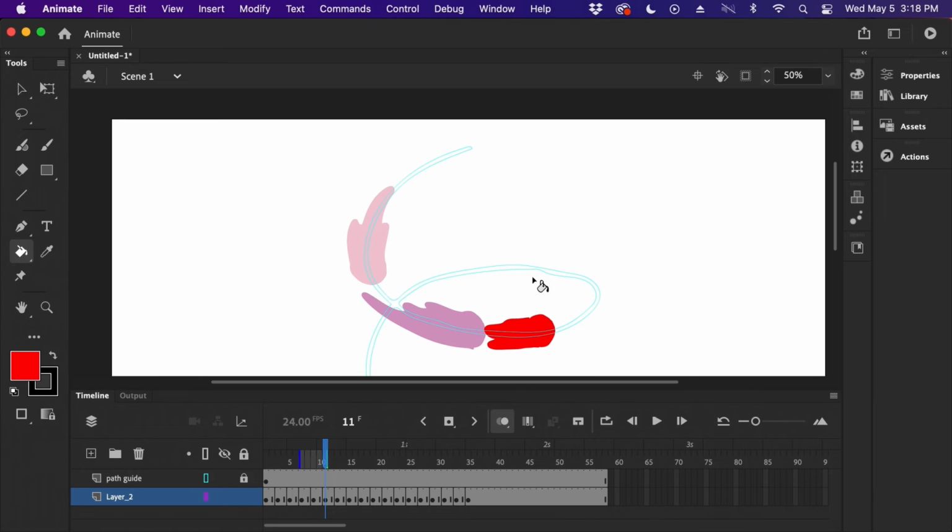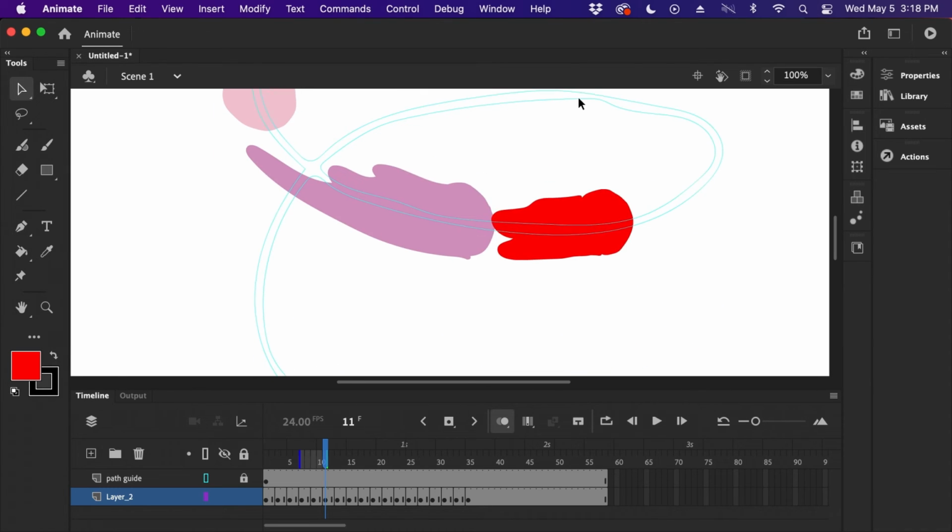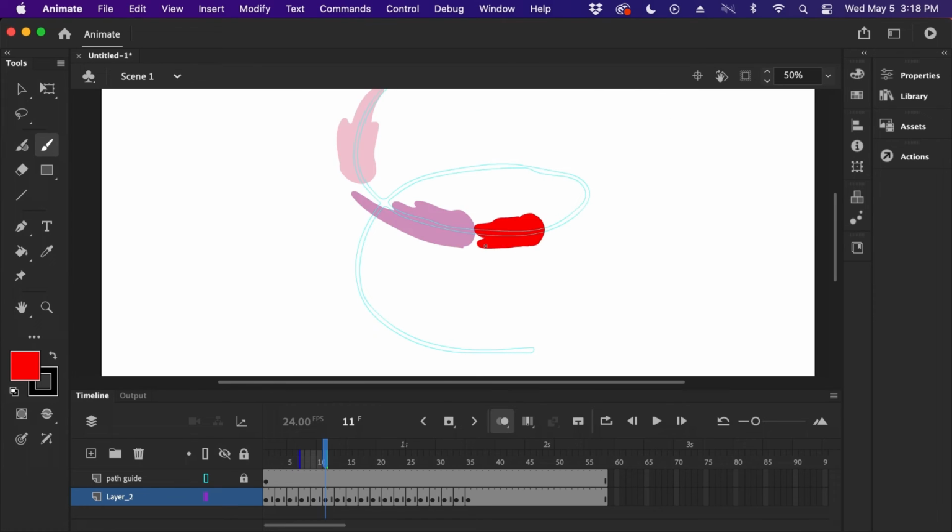So see, the end of the blob is just right here at the previous position. So this one would be here. This is the previous position. It's not over the previous position, but just on that position.